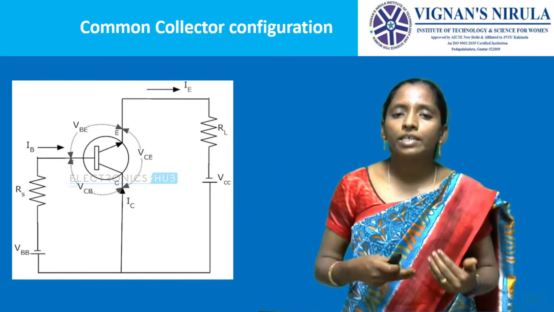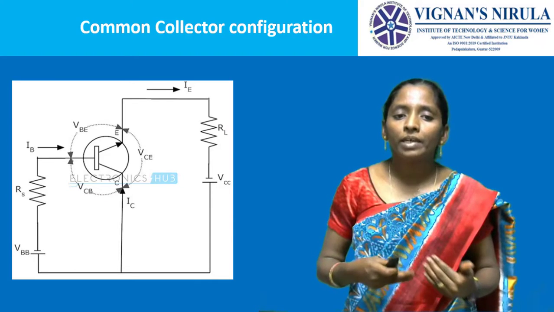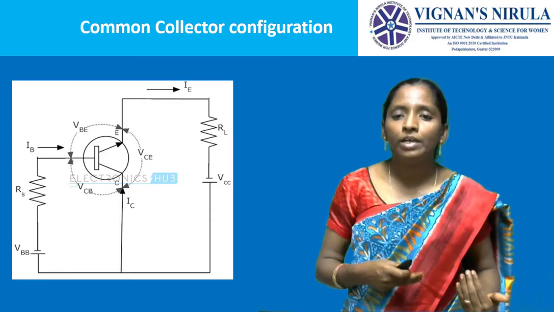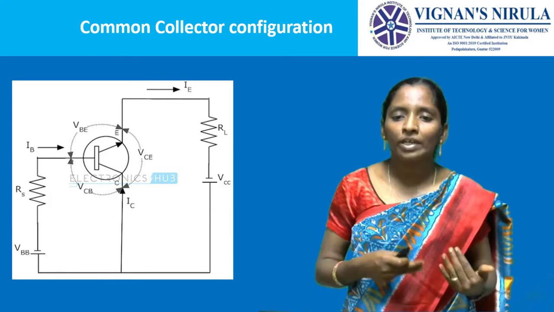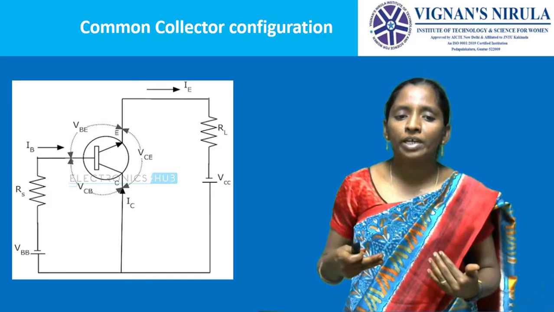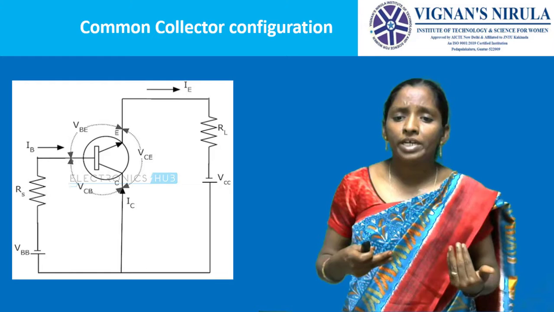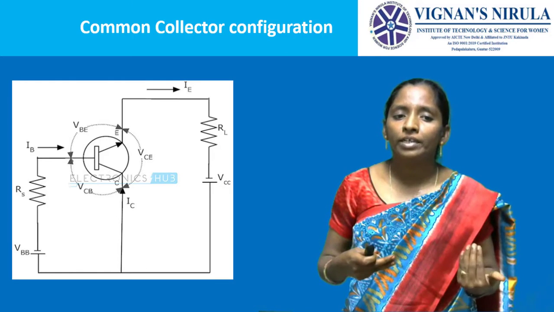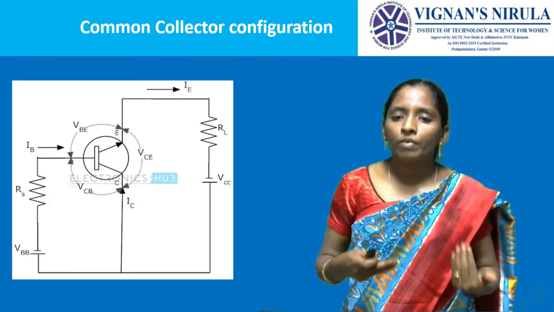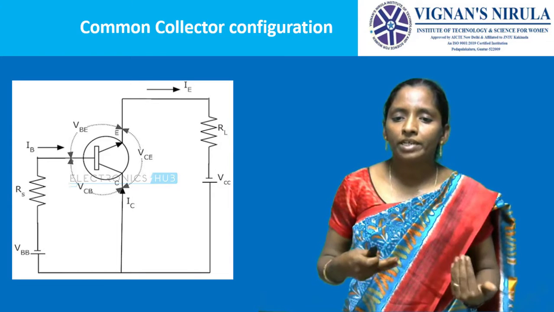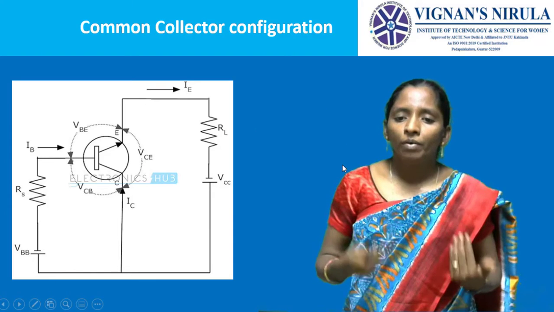Transistor characteristics in the common collector configuration. We know that we are applying reverse bias at the input side. So to take the input characteristics, we plot a graph between input voltage and input current. Here the input voltage is VCB and the input current is IB. Here there is no current flow due to the majority charge carriers. That's why the graph is just flat.